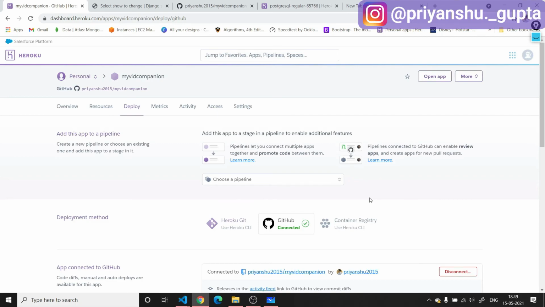So in this video we have learned how you can use a PostgreSQL database with a Django project, how you can transfer your data from your local machine to the PostgreSQL database on Heroku, and how you can handle media files as well. I hope you have liked this video and learned something new in this video, because this is something that no one has covered till now on YouTube.